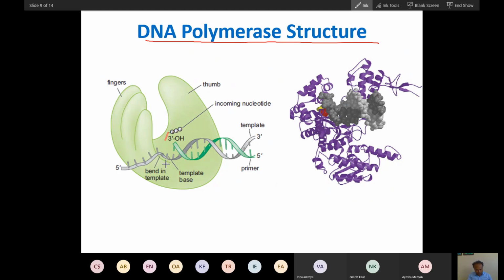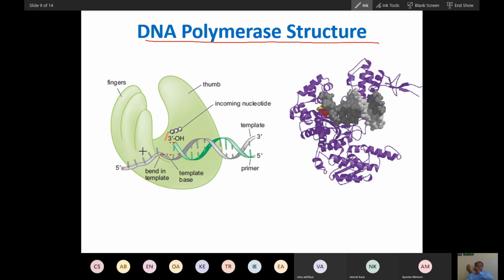Now what will happen is, this is DNA. DNA will bind like this. This is the DNA template. And now the nucleotide will be added on the palm region. If this nucleotide is a deoxynucleotide and matches the opposite nucleotide, then only will this nucleotide join the new nucleic acid strand. And then DNA will be synthesized.